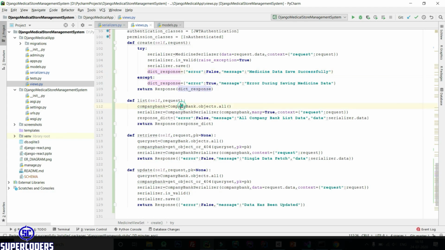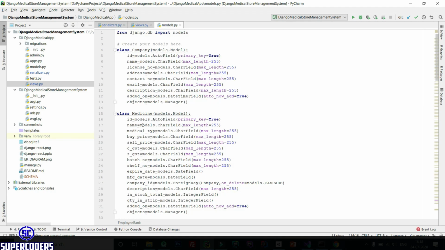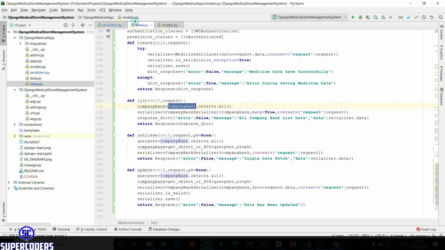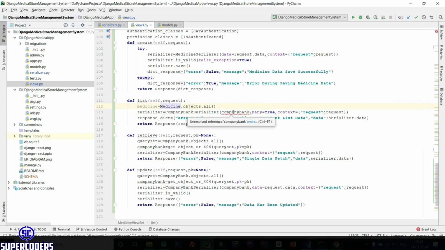Also change this, instead of company bank, change to medicine, and change this object into medicine, and import this by clicking Alt plus Enter. So import medicine from model and change this to medicine, and here also change it to medicine serializer.